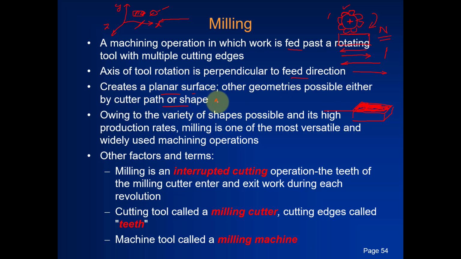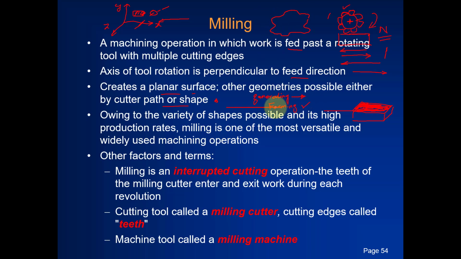In the previous lecture, or at the start of this lecture, we discussed generating and forming, and you know very well what generating and forming are. Generating is the type of process in which the shape of the object is determined by the path of the cutting tool. So in generating, the shape of the workpiece is due to the path of the cutting tool, that is, how the tool follows the path.